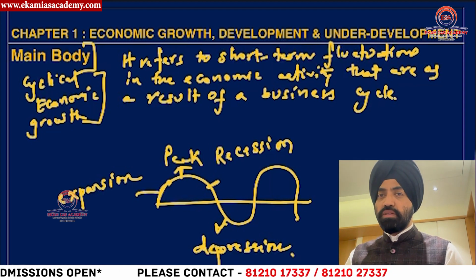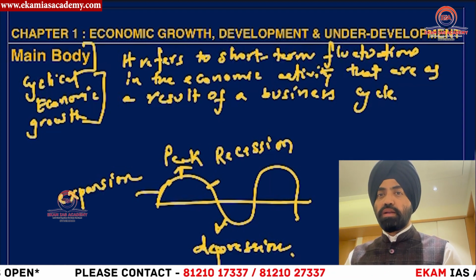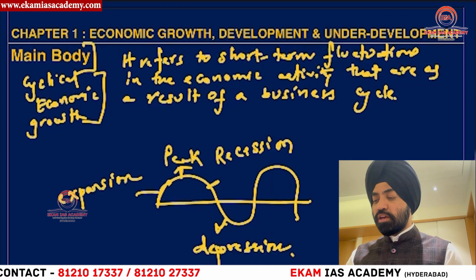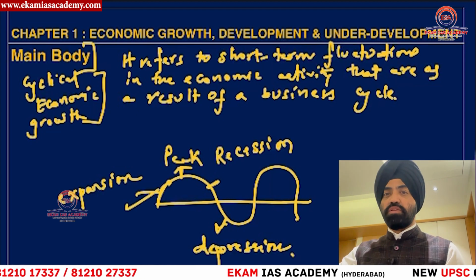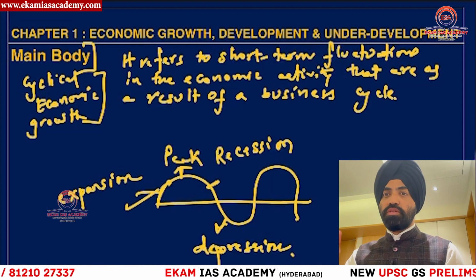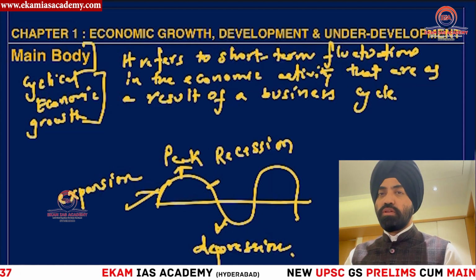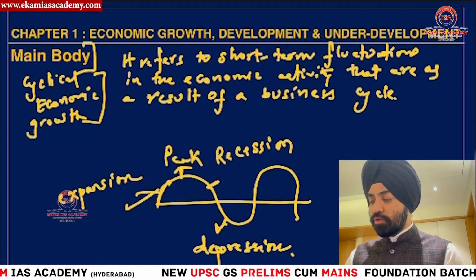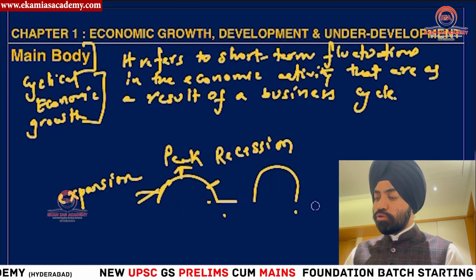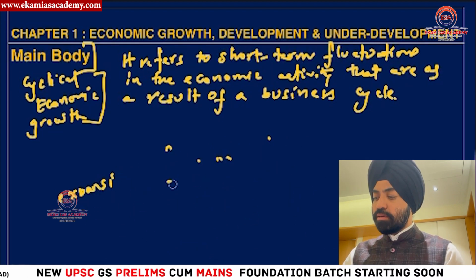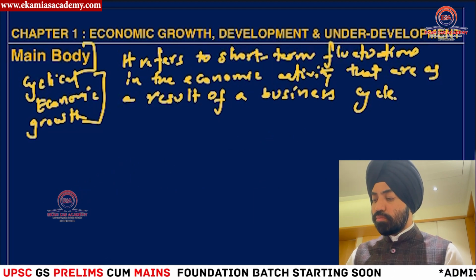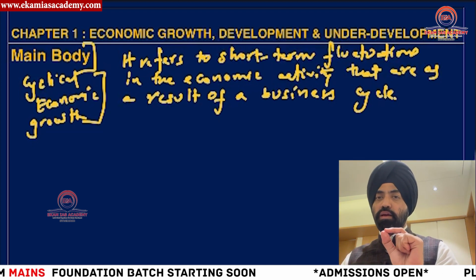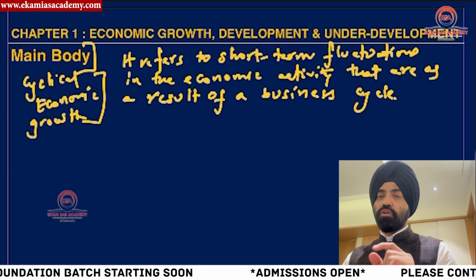Now, whatever is the effect on the economic activity depends on which stage of the business cycle your economic activity is in. If it is in the expansionary stage, it will see expansion. If it is at the peak, you will see the highest possible growth metrics. If it is during the recession, you will see a fall in economic activity. As I told you, this is primarily for your explanation. I'm going to wrap this. You can also draw this diagram in your answer as well. I'm sure that will fetch you some good marks. Now, I have defined what cyclical economic growth is.